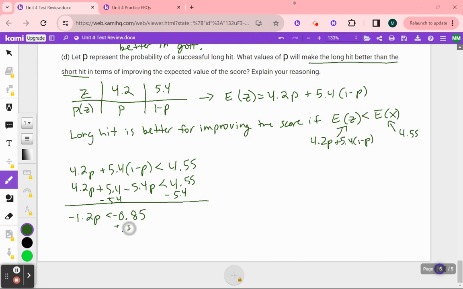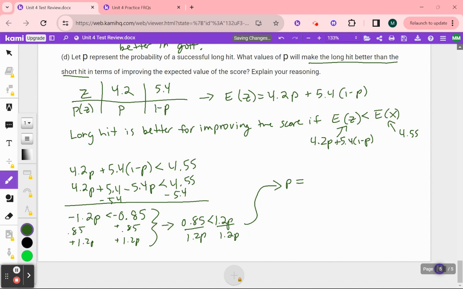I'm going to add 0.85 to both sides, and I'm going to add 1.2 P to both sides. That gets me to 0.85 is less than 1.2 P. Then I'm going to divide both sides by 1.2. And that gets me that P is, sorry, P is greater than, not equal to, strictly greater than 0.708,